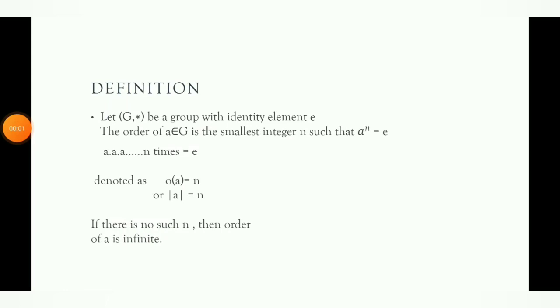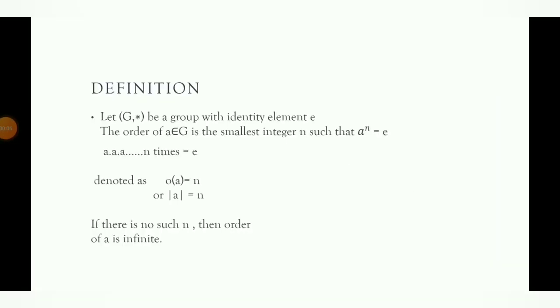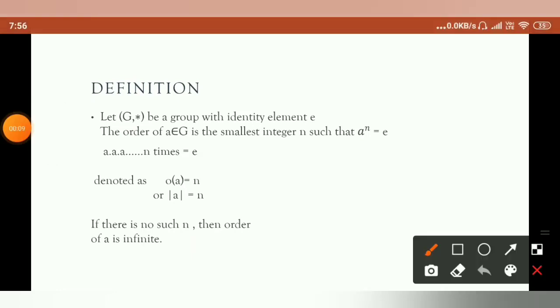Hello students. So today we will discuss order of an element. What is order of an element? If G is a group under the operation star with the identity element E, then order of A is the smallest integer n such that A raised to power n gives us identity. The smallest such integer which makes A raised to power n identity is known as its order,